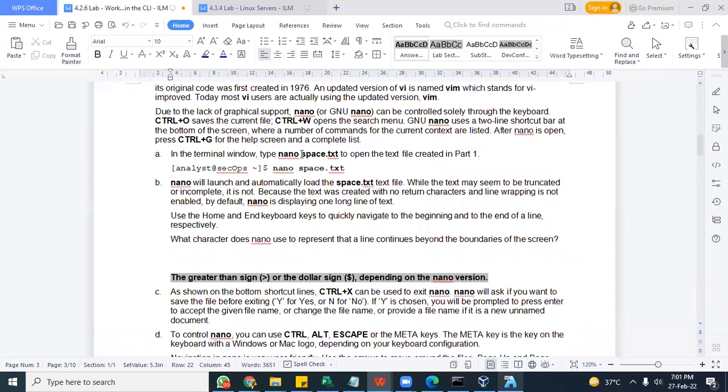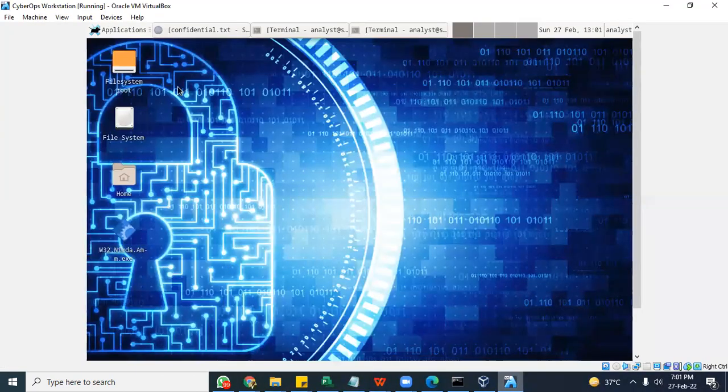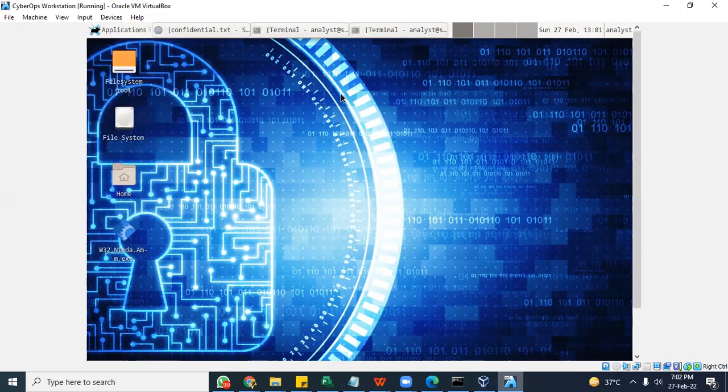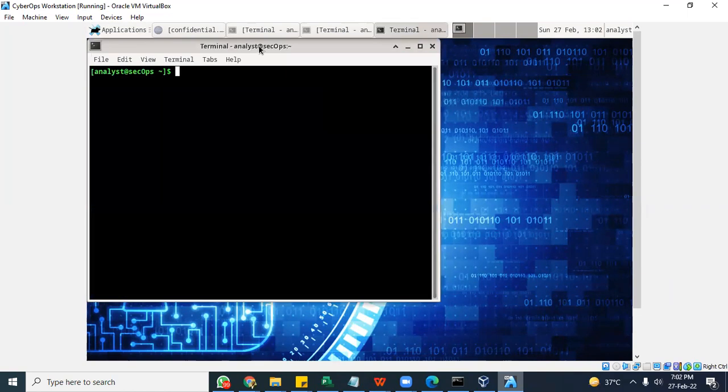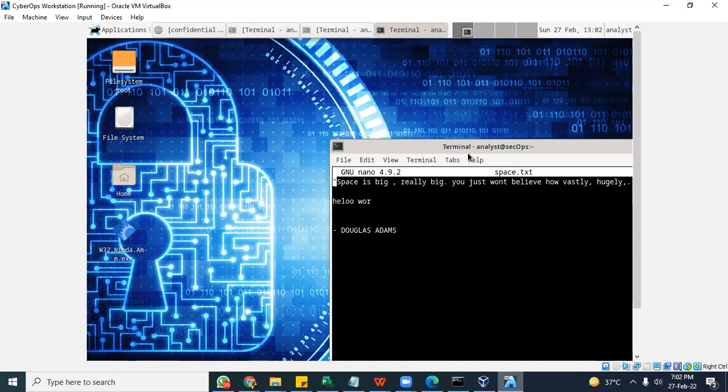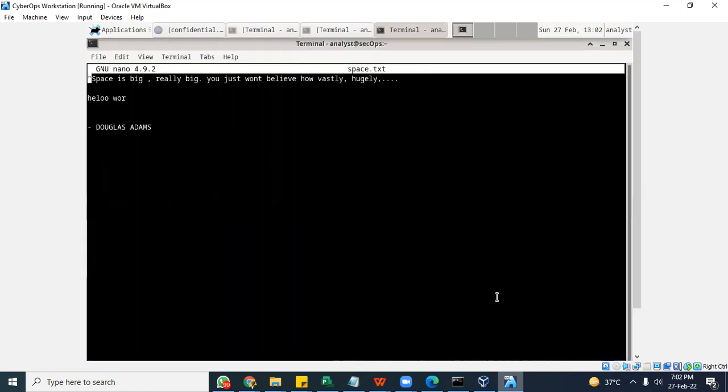In the terminal window, type nano space text. So you want to use another program called Nano to edit this same document. Nano is one of the inbuilt editors in Linux. So we say nano space.txt. So are you seeing? So you see, if you watch very well, you can see that